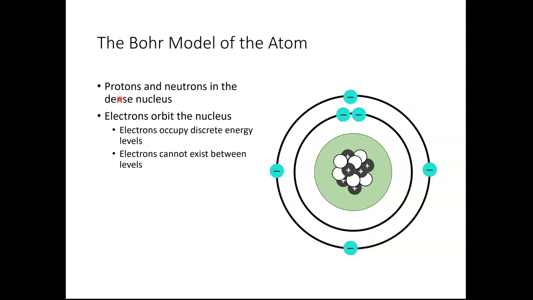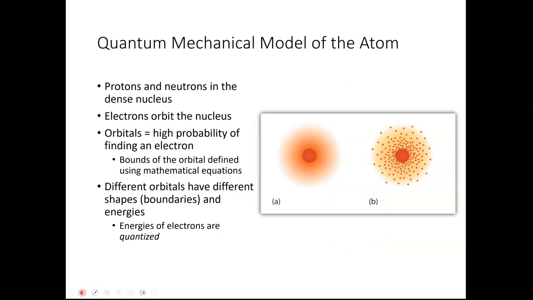And so these electrons move around the nucleus in this model at a discrete distance from the nucleus. And the electrons cannot exist between levels. They can only exist in certain spaces. Now, this model was not popular for that long before Einstein and several others worked out quantum mechanics,